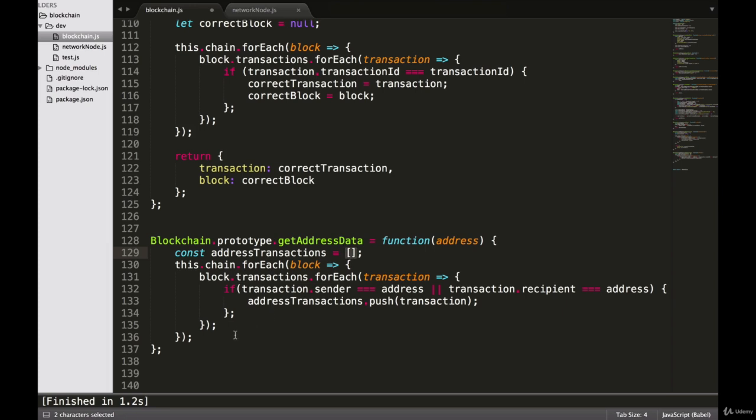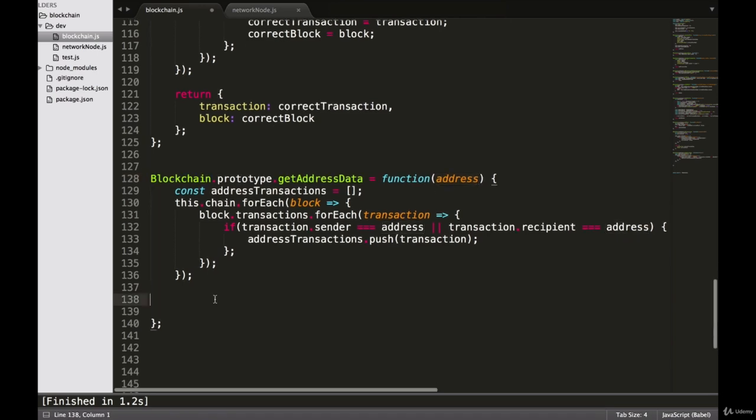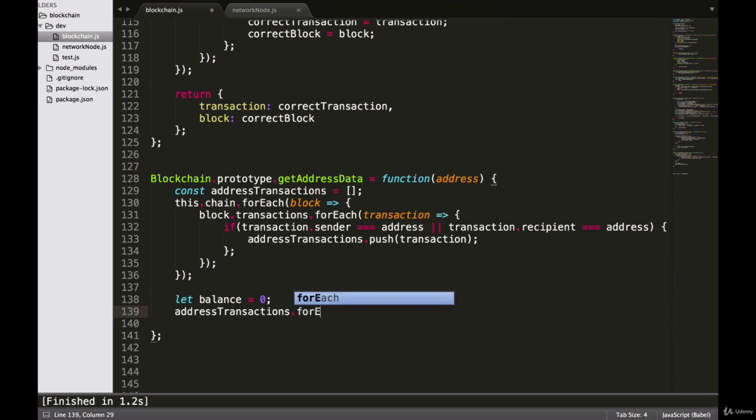Cool. So the next thing that we want to do is we want to cycle through our addressTransactions array to figure out what the balance of this address is. So in order to do that, we will say let balance equal 0. Next, we want to cycle through all of the transactions inside of our addressTransactions array. So we will say addressTransactions.forEach transaction,